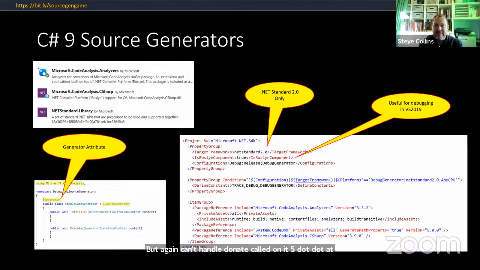So it has to be written in .NET Standard for Visual Studio to be able to use it, as well as Roslyn. Since VS 16.10, which was one of the versions of VS 2019, Microsoft have added debugger support to it. But to make the most of it, you need to add the IsRoslynComponent property and set it to true in your csproj file.